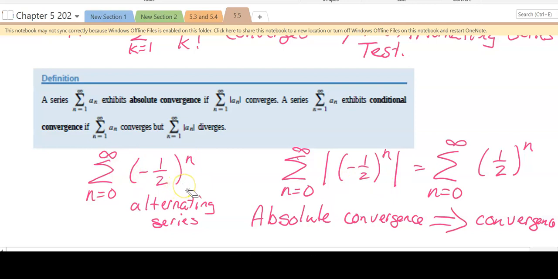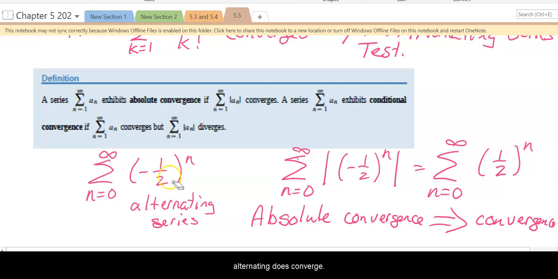This should make sense to you because with an absolute value, all the terms will be positive, which means that this sum must be larger in value than the alternating series where every other term is negative. This is using the comparison test. Since this value must be larger than this one, and the larger one converges, then the smaller one must also converge. Conditional convergence is typically what we call it when the absolute value of the series diverges, but the alternating